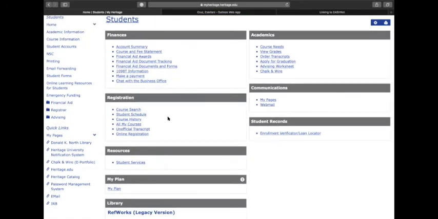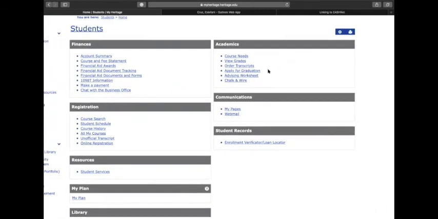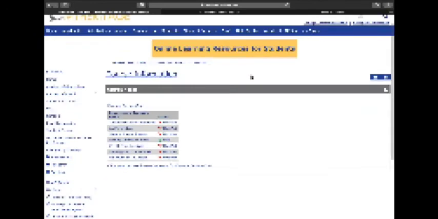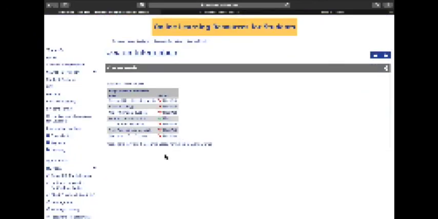So back on here, I think we can move on to academics, where it's important to see sometimes the course needs. You can see your grades, or even an advising worksheet. If you want to click into the advising worksheet, it's right here. And this sometimes will tell you what you're missing or what course requirements are necessary for you to